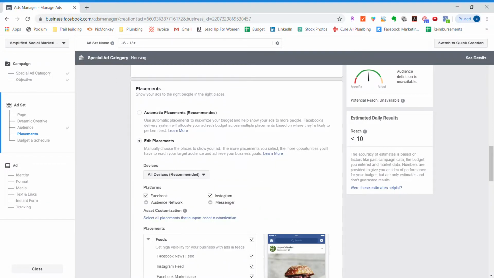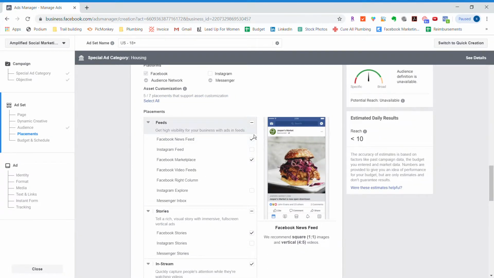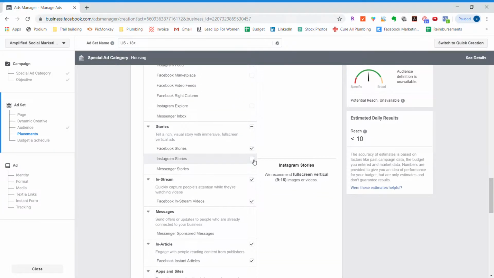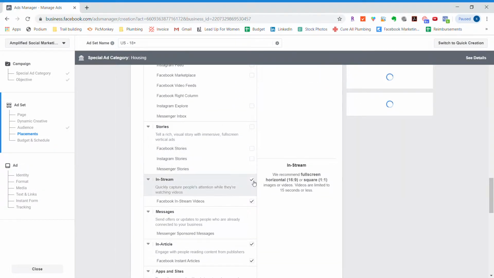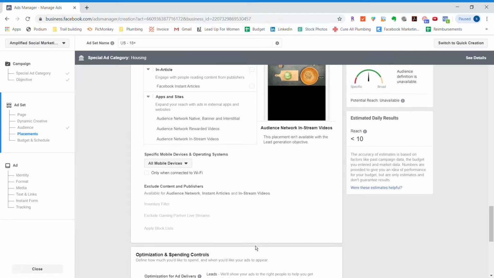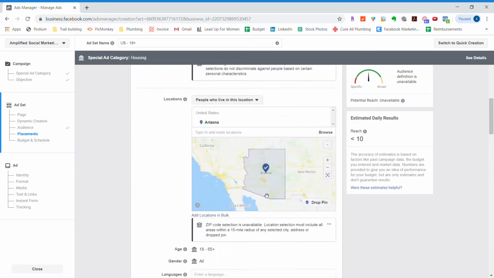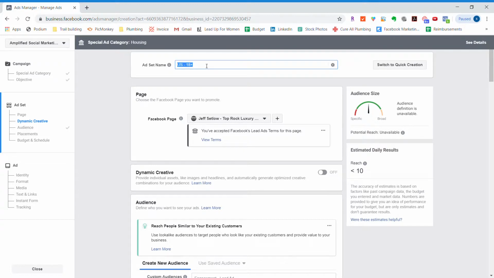We'll go ahead and hit edit placements, turn off Instagram. The retargeting I'm just going to put in the Facebook feed. Okay, and then I'll name this